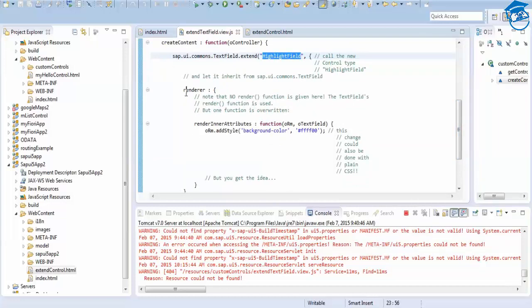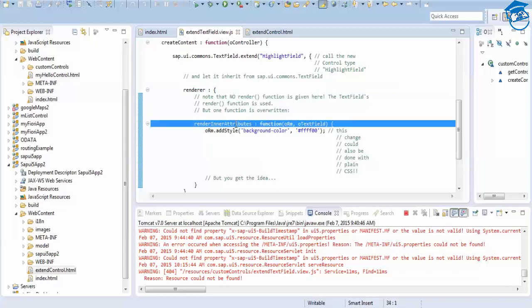Straight away we are rendering it. So this is how you call a new control type, highlight field. I'm going to inherit all of SAP UI.commons.TextField, and then I'm going to add inner attributes. Inner attributes are nothing but inside this text field I'm going to add a yellow color, and to that yellow color I'm going to add a new value.